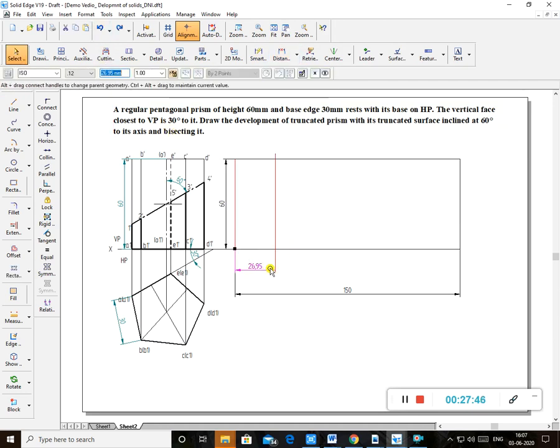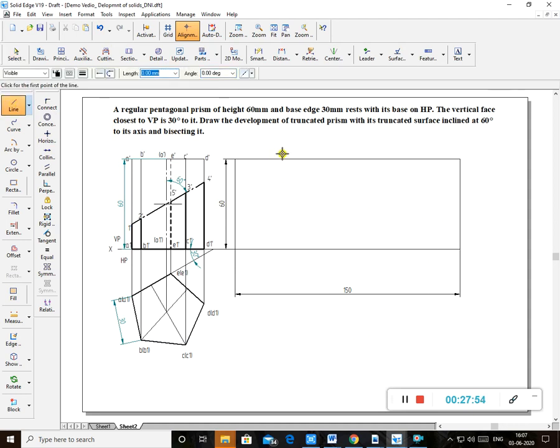Okay. There is some problem here. Okay, let it be. Otherwise I'll do a point command.